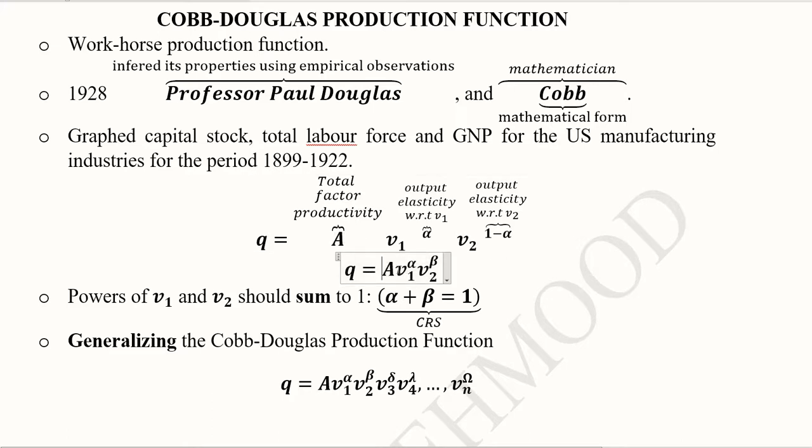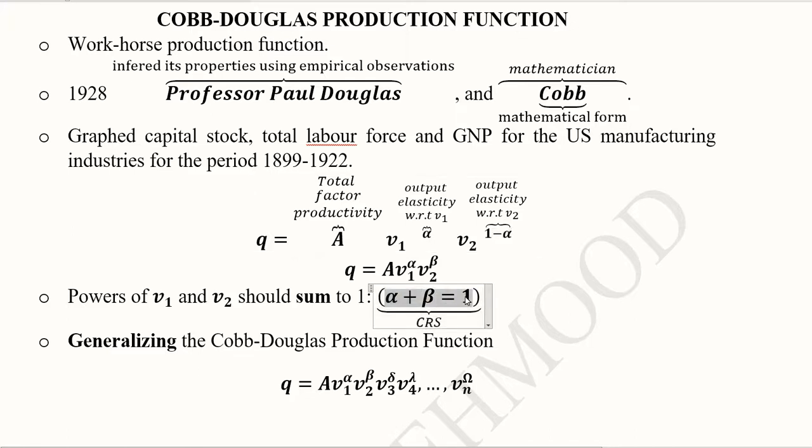So output elasticities have their own importance. They guide us about if V1 is contributing to a certain level, and what about V2. This can be updated with the help of beta. Here we have written alpha and here we have written 1 minus alpha. It is with the assumption that alpha plus beta is equal to 1, because in case of alpha plus beta is equal to 1, the value of beta will be 1 minus alpha. So instead of beta we have written 1 minus alpha, but in the background the assumption is alpha plus beta